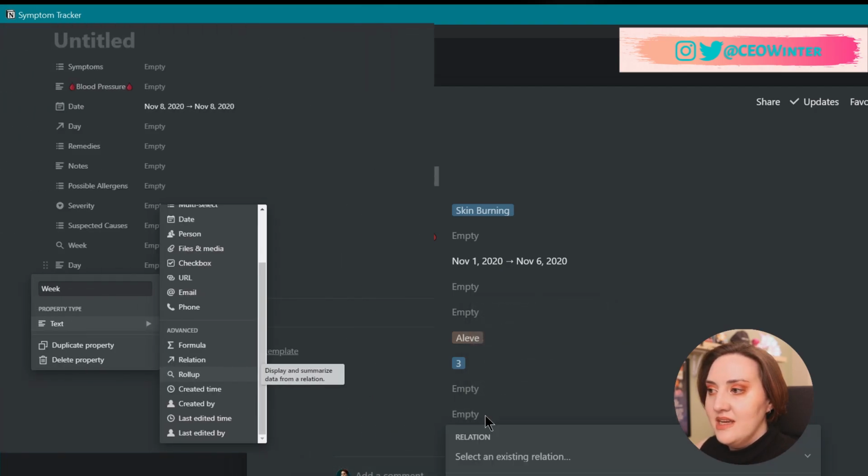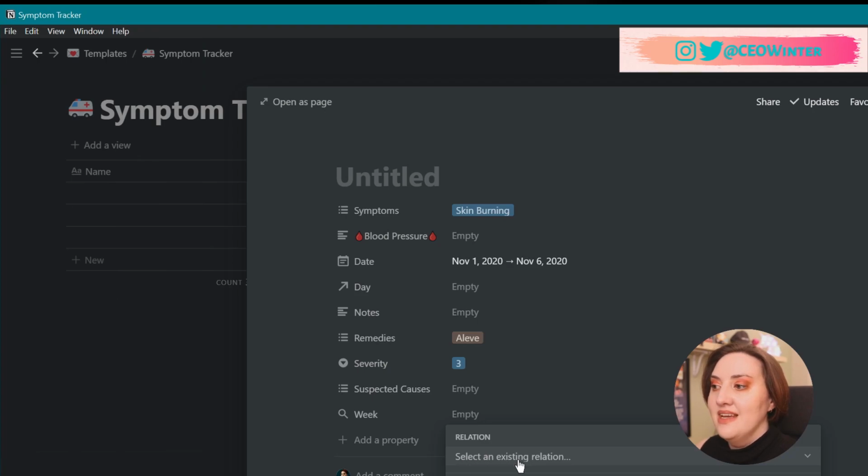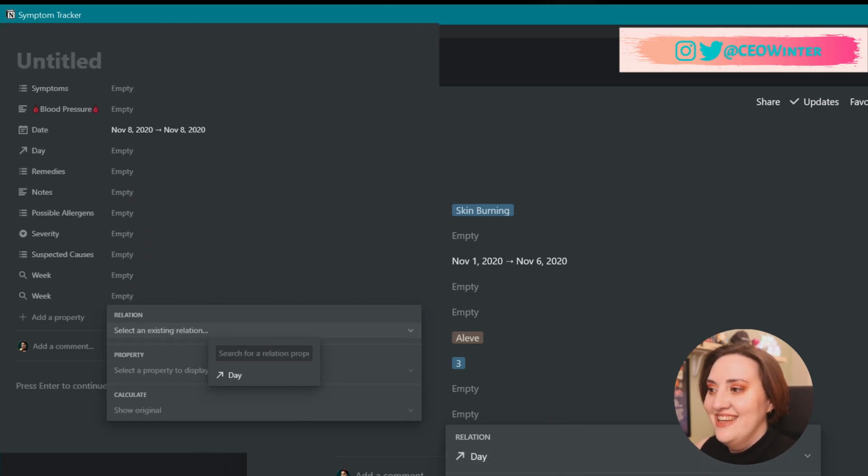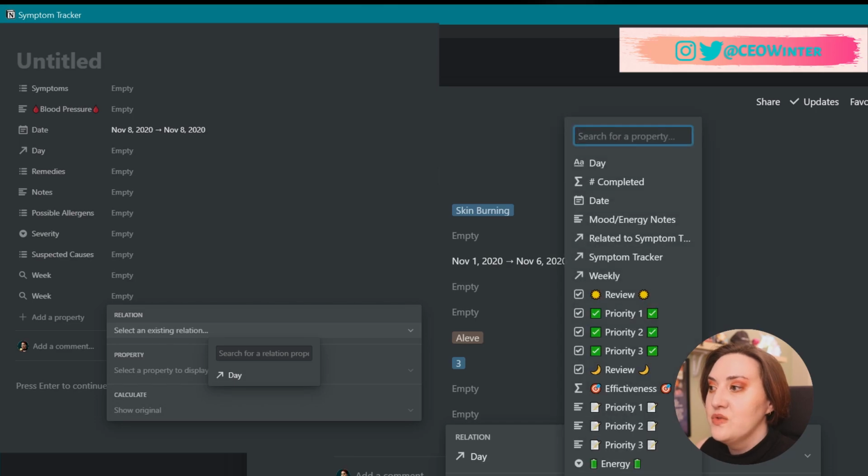Then we click inside here and select an existing relation. Roll-ups only work if you already have a relation field, which is the one with the arrow to the upper right, in the database. Since we already have one there, we can select it, and then you choose the property from that table you want it to spit out. And so we want that to be